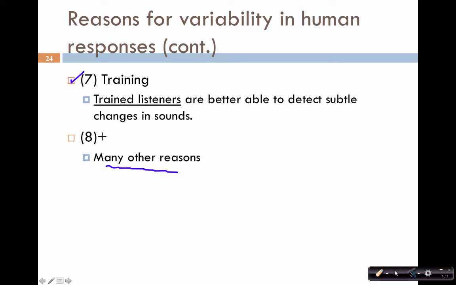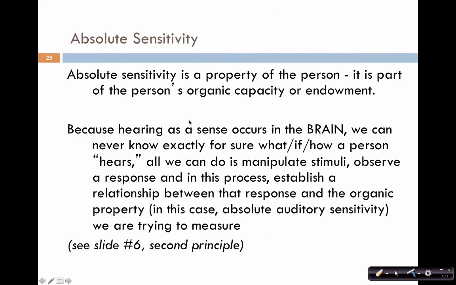So you can see that the measure of absolute auditory sensitivity is in fact sort of complicated. And so always remember those factors as part of the challenges in actually taking that measurement. Let's take a couple of slides now to contemplate